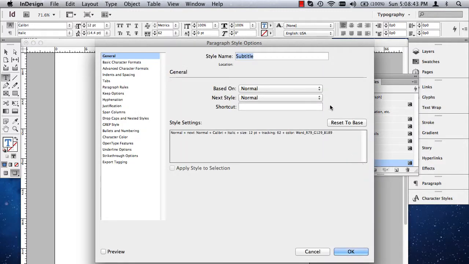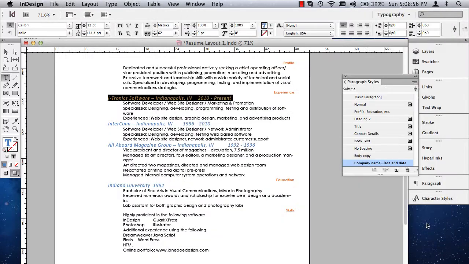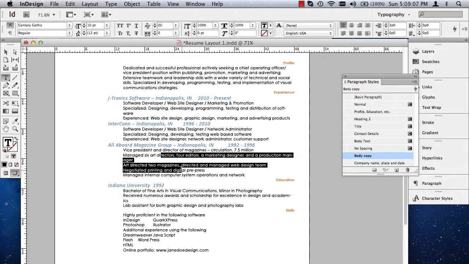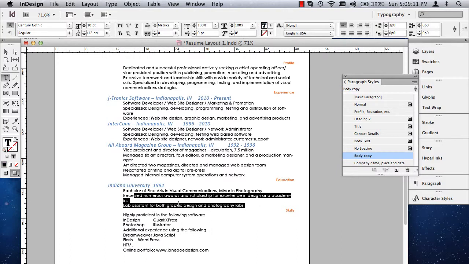So for subtitle, I'm going to say company name and name, place, and date. And I'm going to hit OK. That should be body copy. This should be company name. So it automatically is applying this new name to all of the formatting. Okay, body copy,